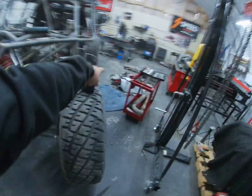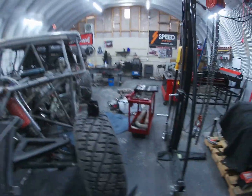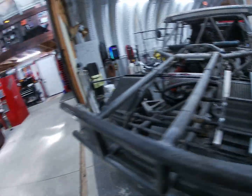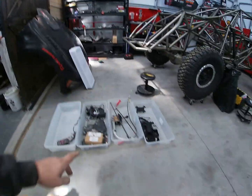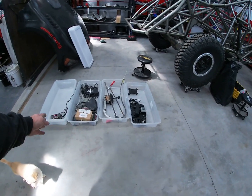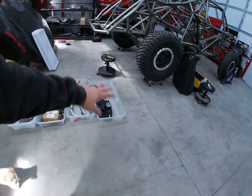So I wanted to go over my process here of how I'm going to keep things organized as I take stuff off. Obviously, like I said before, all the crap and stuff that's ruined is going in the garbage pile. I'll have a little salvage pile that is stuff that could be cleaned up and sold. But I've got these totes, these little bins, and they're going to be labeled and then sealed up and put